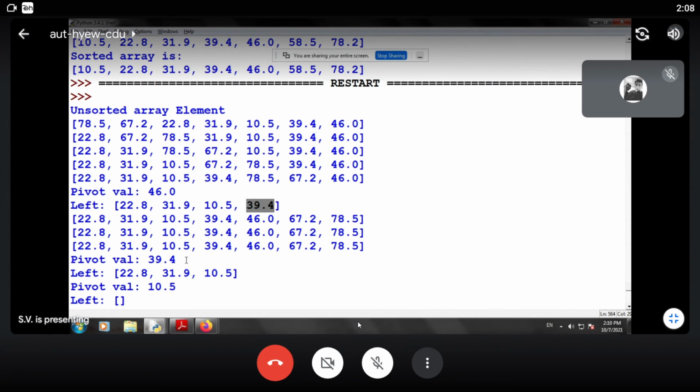So over here the new pivot is 39.4, and recursively it will check any value compared with 39.4. So over here all the other values, that is 22.8, 31.9 and 10.5, are less than 39.4. So the left subtree is updated.